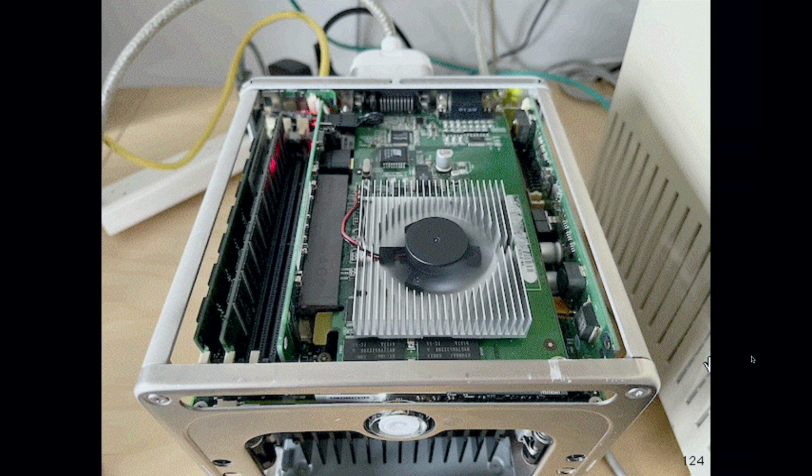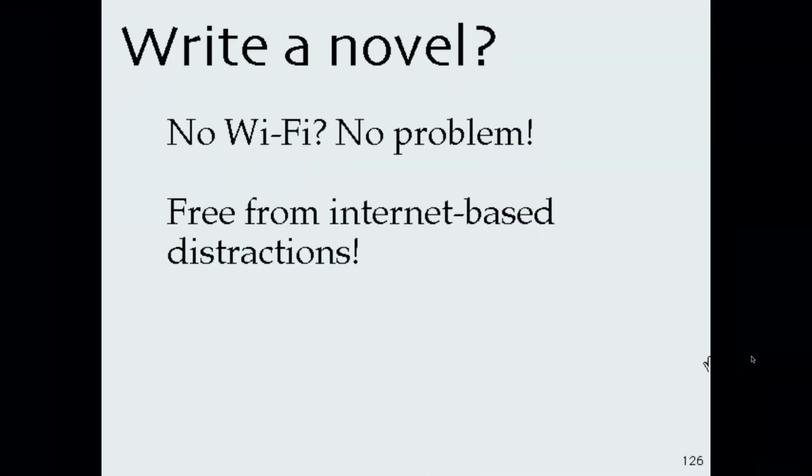And there it is with the new heatsink, with a fan on it, and it runs really, really well. A bit noisy, but it runs really well, and it can drive a much bigger display than the one it came with. What next? Well, I've got some ideas for other retro computing projects.